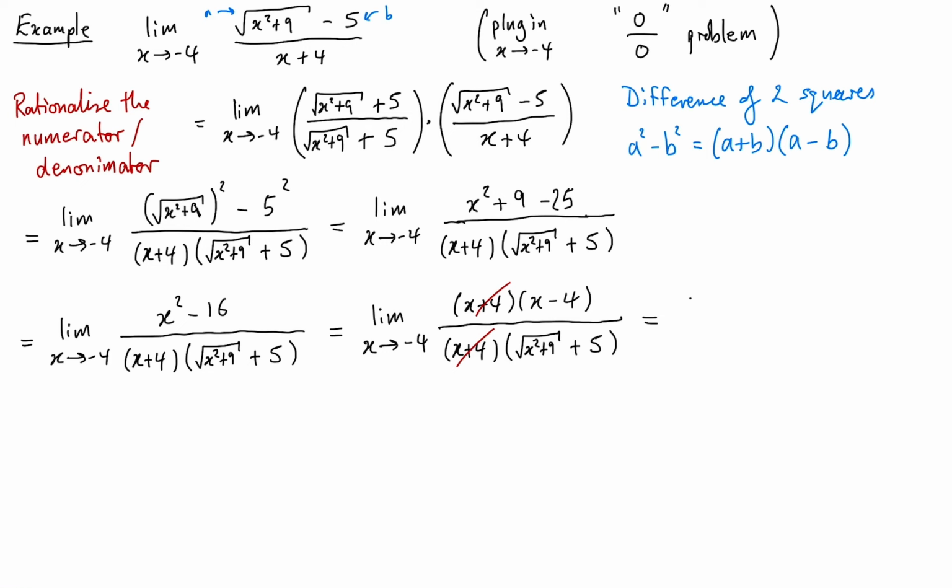We're going to get negative 4, square root of 16 plus 9, plus 5. That all comes out very nicely to be negative 8 over 10, which is negative 4 over 5. Okay, so I just wanted to